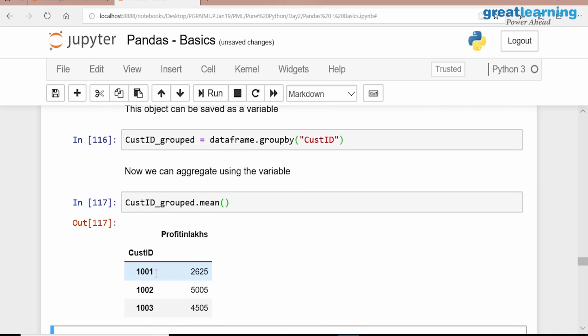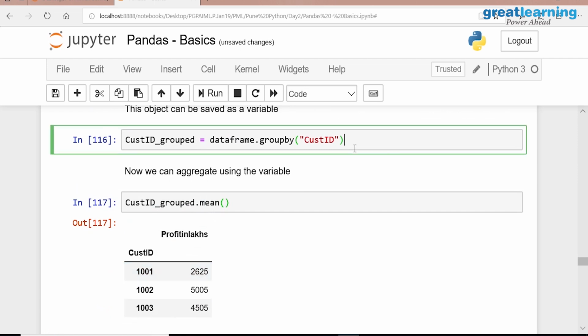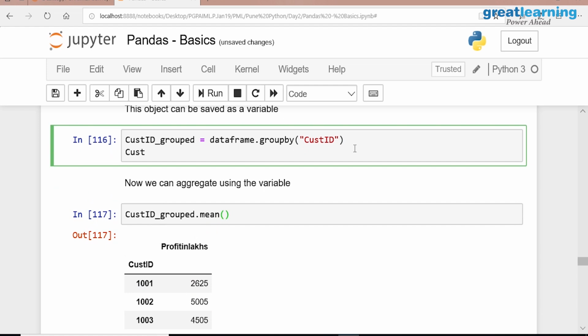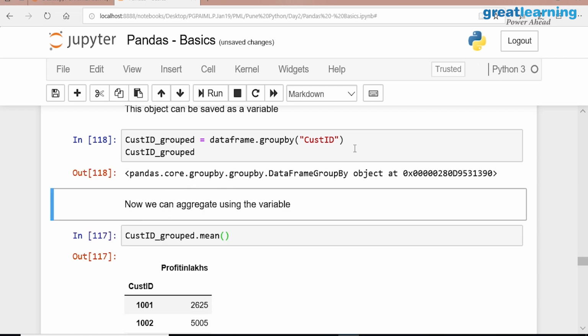Now if you try to display it, it's an object. See, it's a group, and it's internally created as an object for us. So on this group, what do you do? You do some operation. Have you seen select star from with grouping also? Even in that you will not get anything. After that, you say group by customer ID, comma, sum of or average of or whatever. Correct? That's exactly what happens in SQL also.